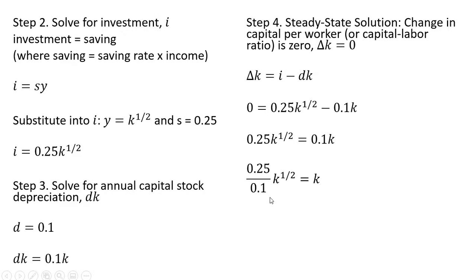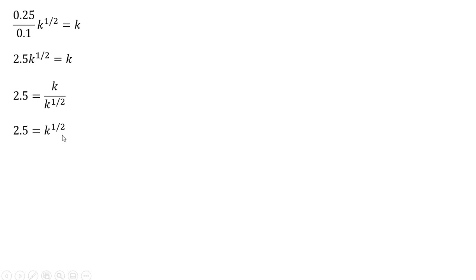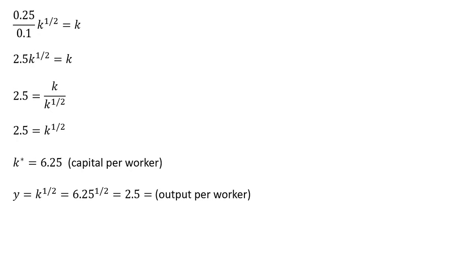Dividing through by 0.1. Just rewriting that last step, and simplifying the left-hand side. And now dividing through by k to the 1/2 power leaves us with k to the 1/2 power on the right-hand side. And now squaring both sides. This is the steady state level of capital per worker, the capital labor ratio. It is 6.25. We'll plug this 6.25 back into the production function,